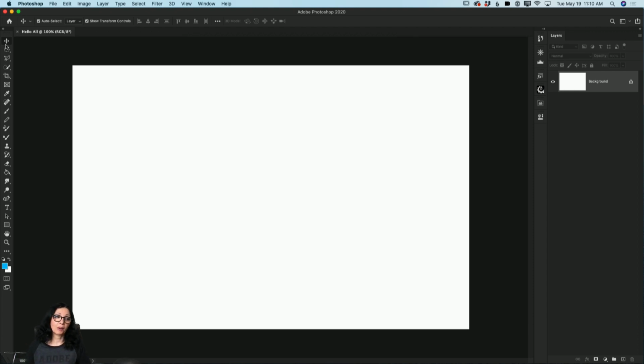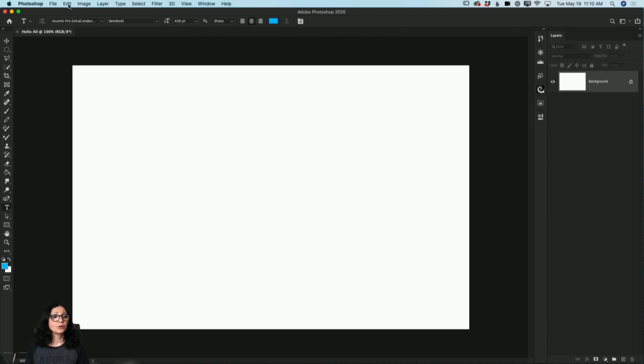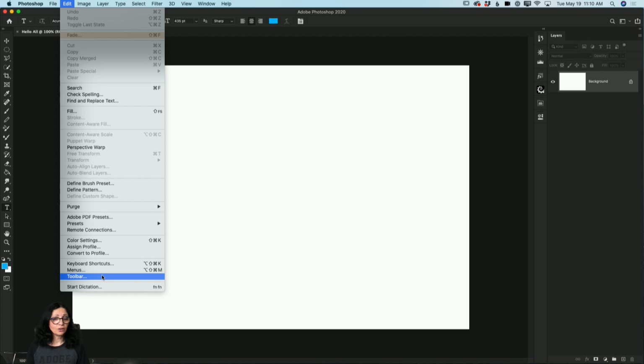Let's talk about Toolbar. Now I have Toolbar with all my tools. Definitely I don't use all these tools all the time. I don't use, example, 3D material drop tool in my painting workflow. Mostly I don't use type tool in my painting workflow as well. So I don't need these tools. How can I customize my toolbar? I will go to edit. I will click on toolbar,